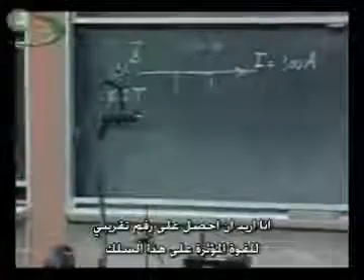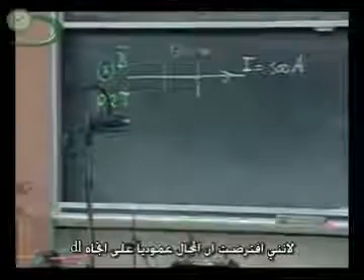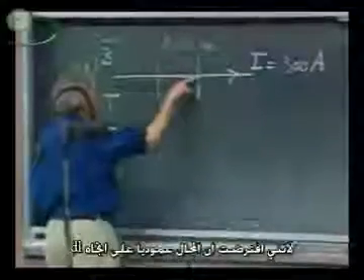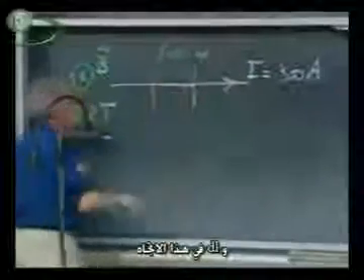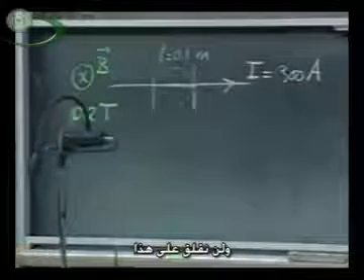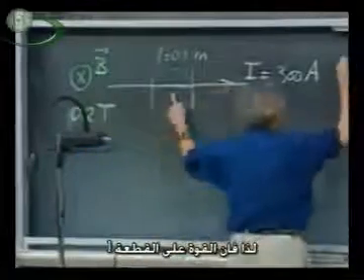I just want to get a rough number for the force on that wire. So now I can integrate that equation very easily because I have assumed that the magnetic field is perpendicular to the direction dl, because dl is now in this direction. So the sine of theta is 1, so I don't have to worry about that. And so I simply get that the force on this section F, on this